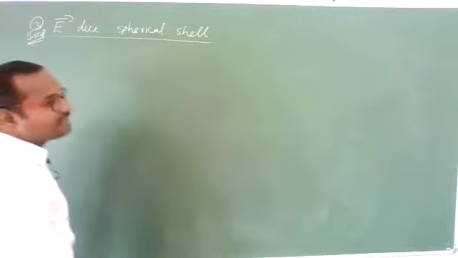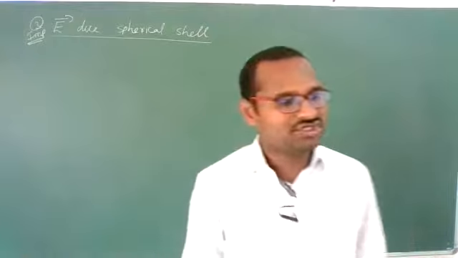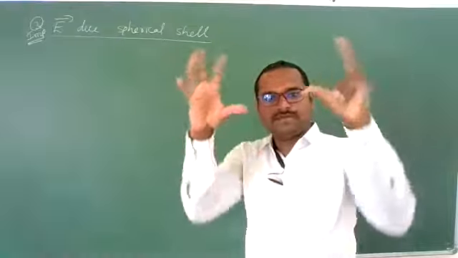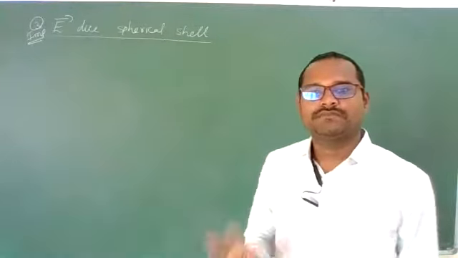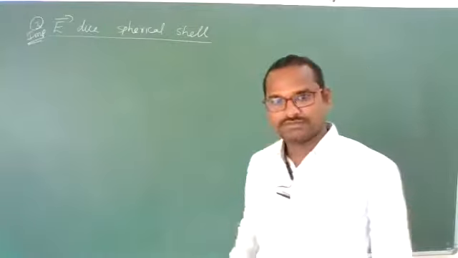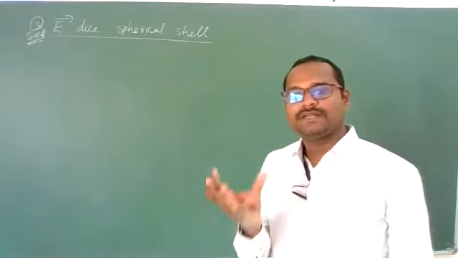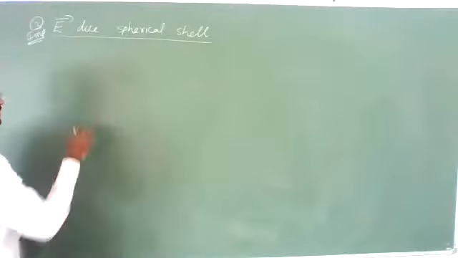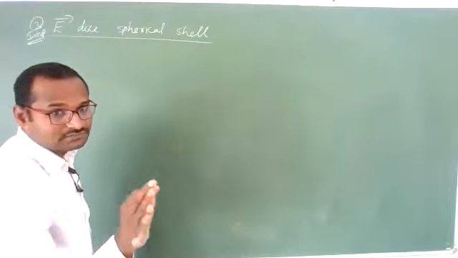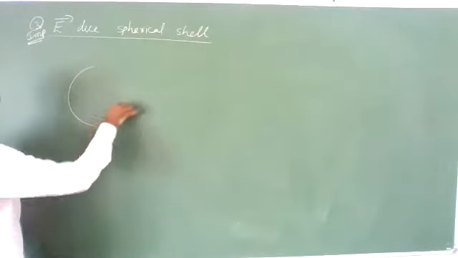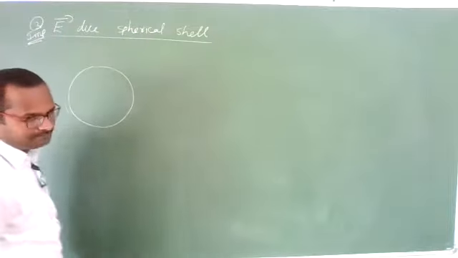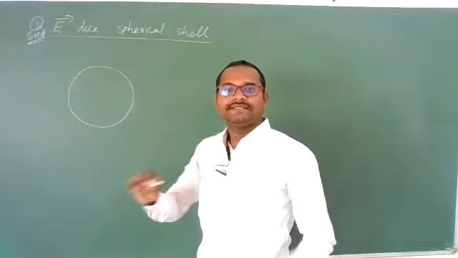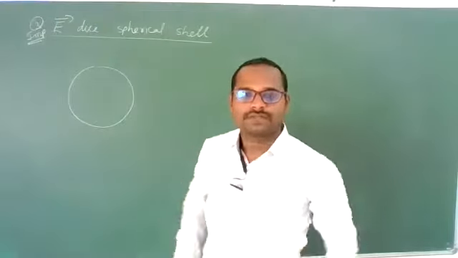What I am taking is a spherical shell. Shell in the sense, a spherical ball, in the middle nothing is there. It means you can consider a hollow spherical ball. Inside nothing is there, like your football or plastic ball. It is not a solid sphere. Imagine this is a spherical shell. Don't see it as a ring; see it in a 3-dimensional view.